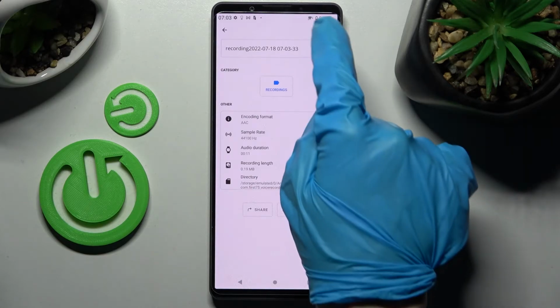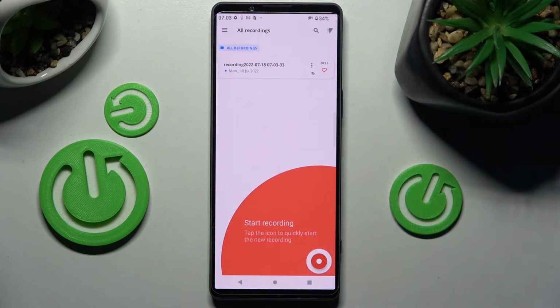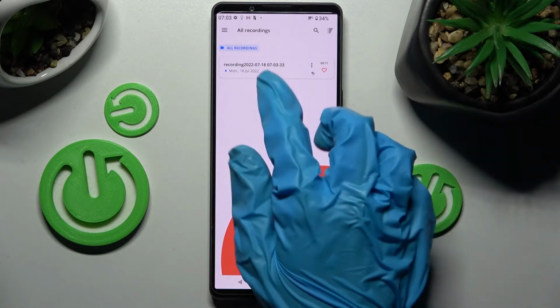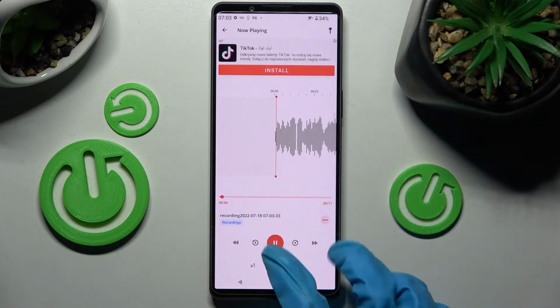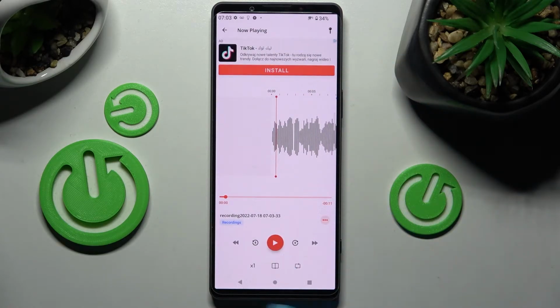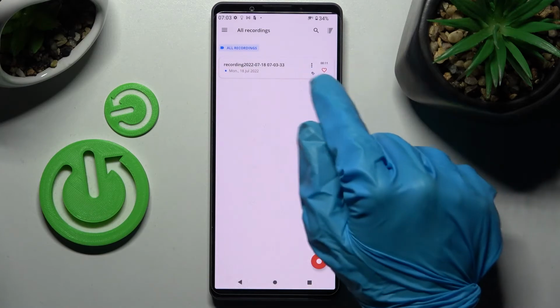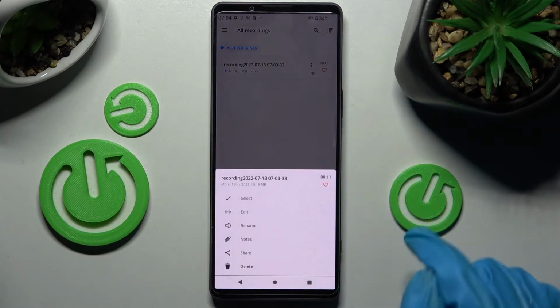Now tap on save at the top right corner and as you can see my recording is over here. If you wish to play it, you need to click on it. If you wish to rename it, you need to go back, click on those three dots over here, select rename,